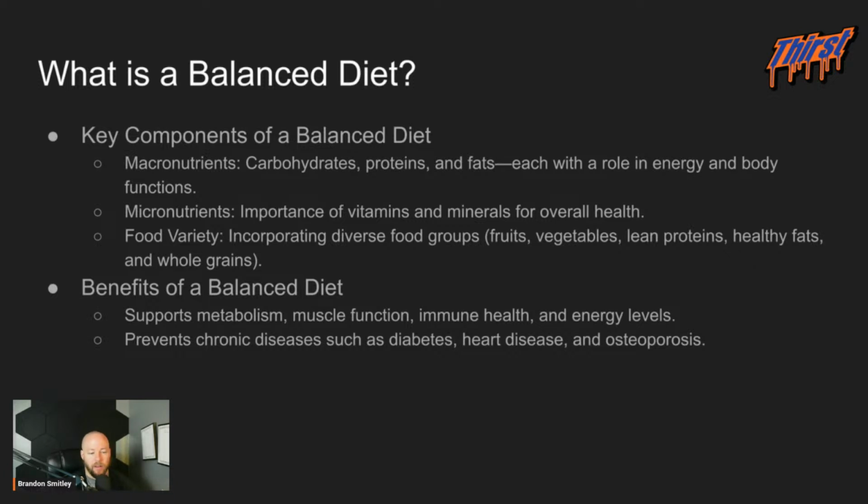You get your benefits of your balanced diet. So it obviously supports your metabolism, your muscle function, your immune health, energy levels. It prevents chronic diseases such as diabetes, heart disease, and osteoporosis. The reason I bring those things up is that if you're not getting vitamin D or calcium, your chances of getting osteoporosis are much higher. If you're not getting different vitamins and minerals, you can also begin to have other dysfunctions metabolically throughout the body. And then the diabetes, I think it's a little bit aggressive to put on here, but